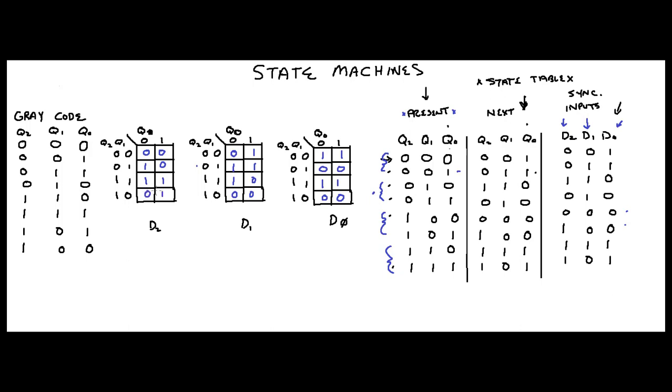All right. Beautiful. Now we transferred what was in our state table to our Karnaugh maps, right? Remember, we have to get circuits for each one of these inputs, okay? To get the circuits, we have to draw the Karnaugh maps. Now, once we draw the Karnaugh maps, we have to solve for them, right, to get the expression,